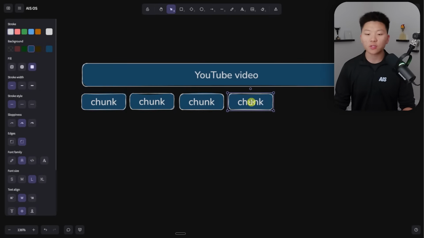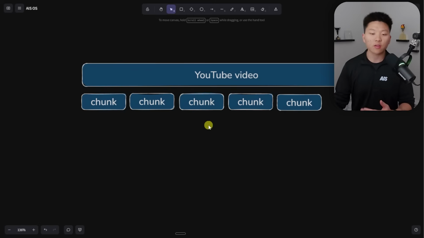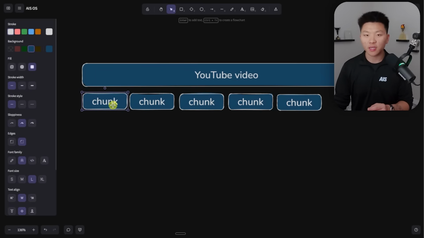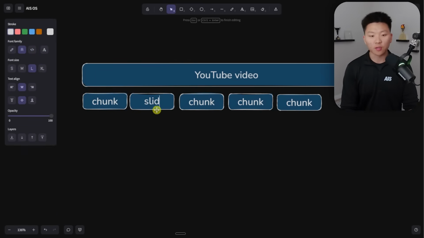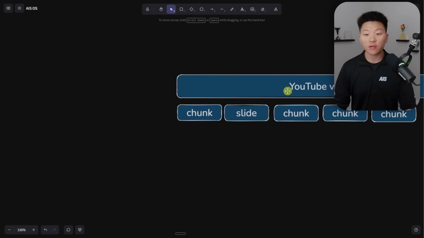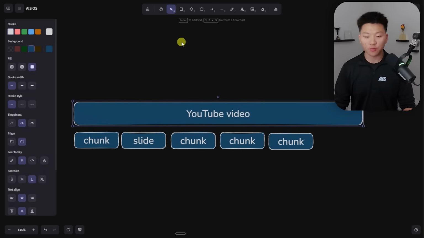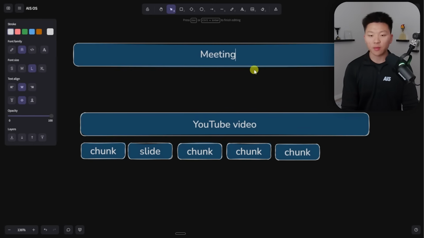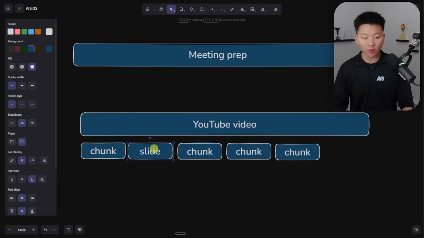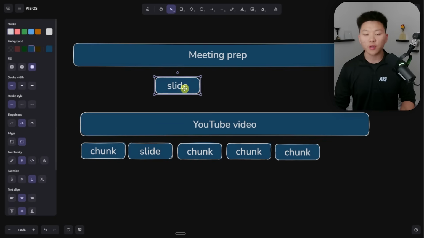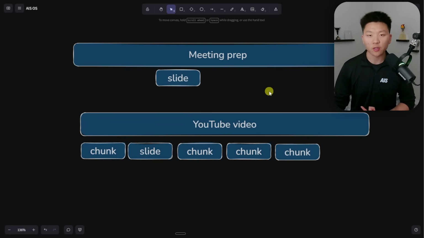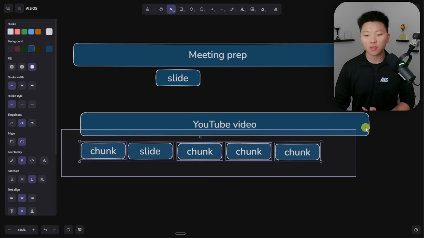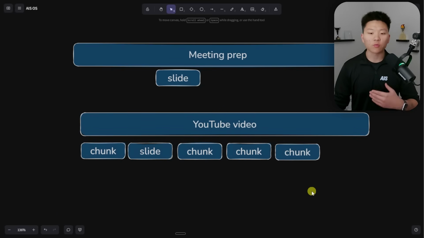And as you slowly over time automate more and more chunks, you get to a place where you've automated like 80% of a YouTube video. And each of these chunks is repeatable. So maybe this is the slide deck chunk. Okay, what if we have a different process? Let's just say we're doing meeting prep or something. Well, guess what? We can grab this chunk and just move it over here, and we can fit this into this puzzle wherever it goes. So all of these little chunks and baby steps that you're taking are reusable, and that mindset shift is very